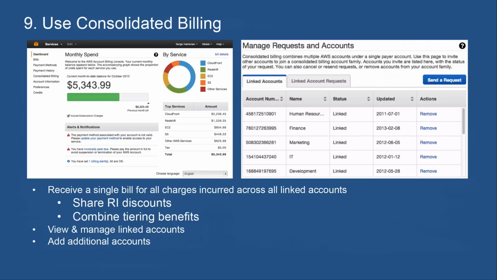But volume discounting, for example, for RIs or benefits from, for example, having large volumes of data stored in S3, those will accrue in that consolidated billing account. So you can still split your accounts up and have them separated to help you control costs or delegate management of those accounts to different individuals within your organization.